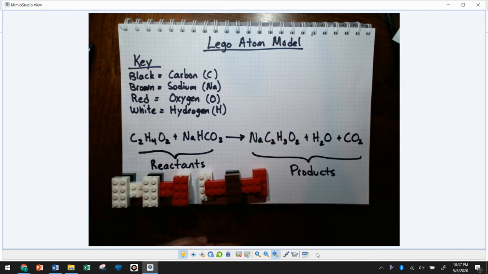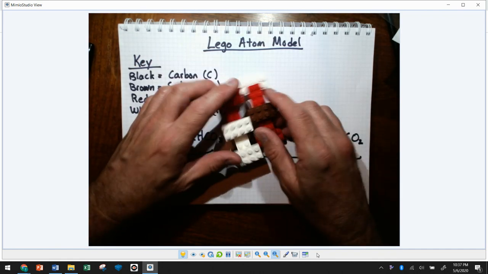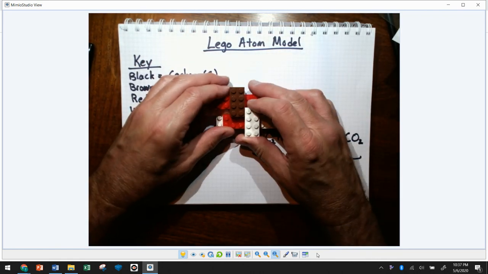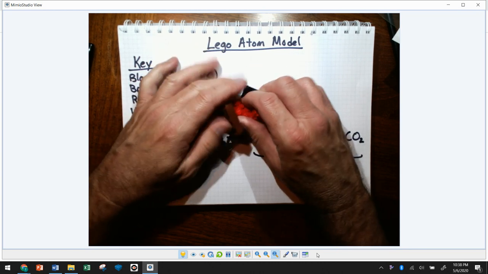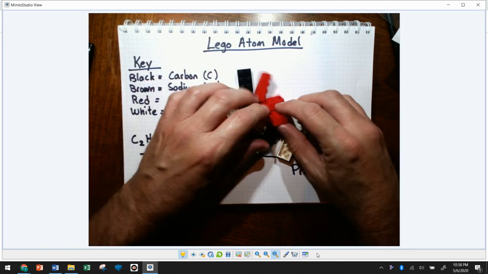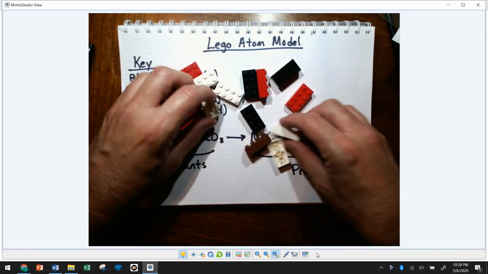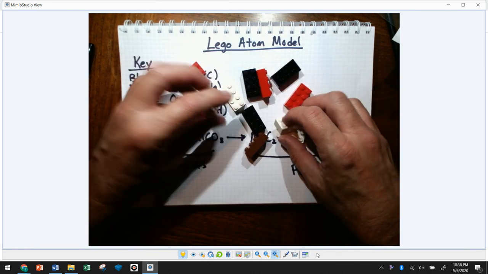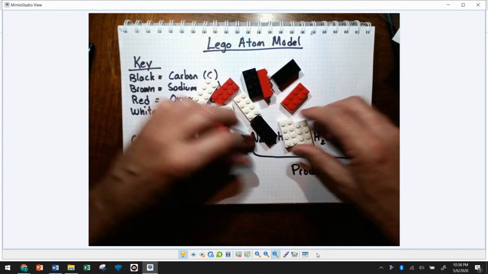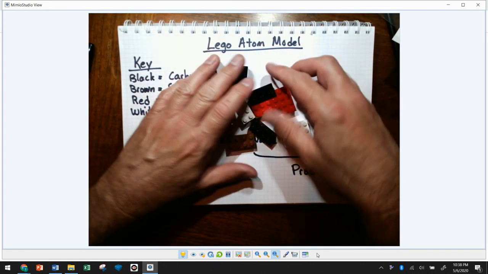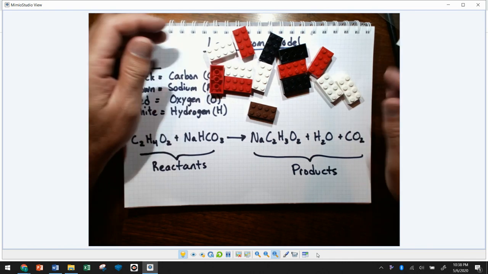And what happens during a chemical reaction is when these substances encounter each other, the atoms break their bonds with their molecules. And we see evidence of this in the release of a gas in this case, or it can be a temperature change or a color change or a different smell. So now we're going to build the atoms for our